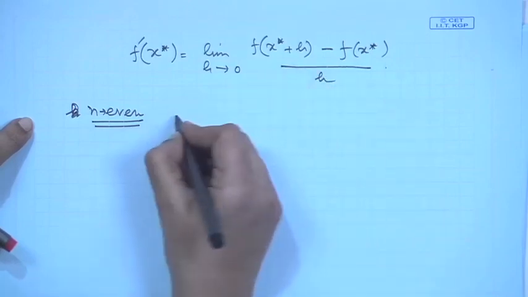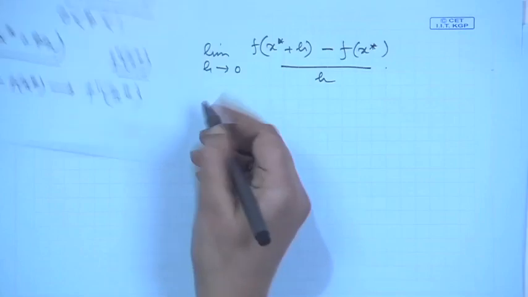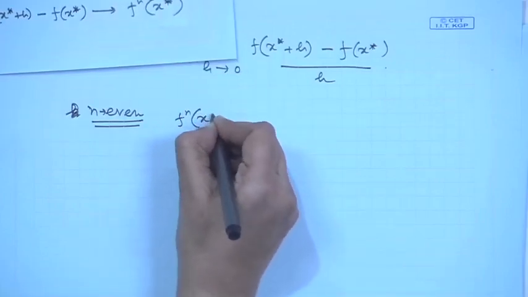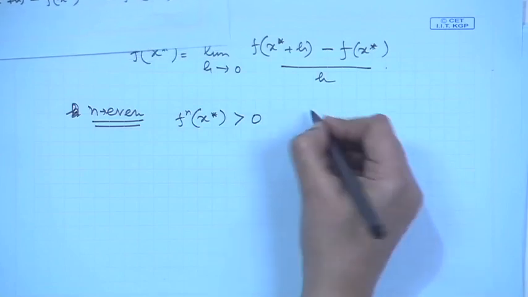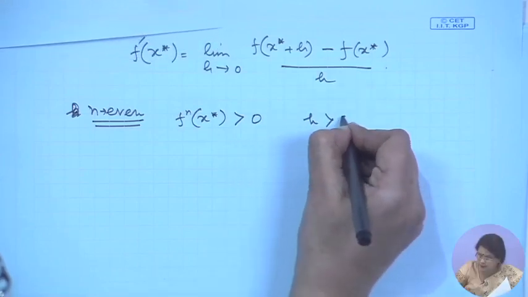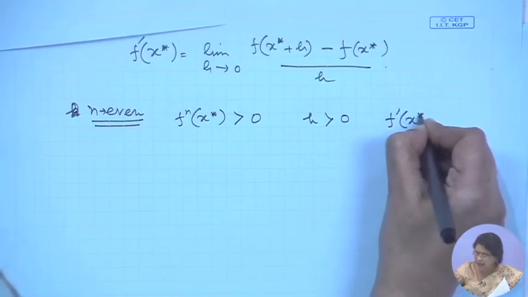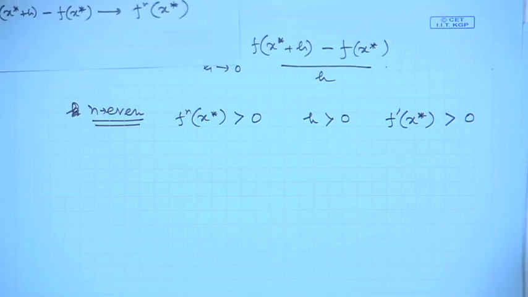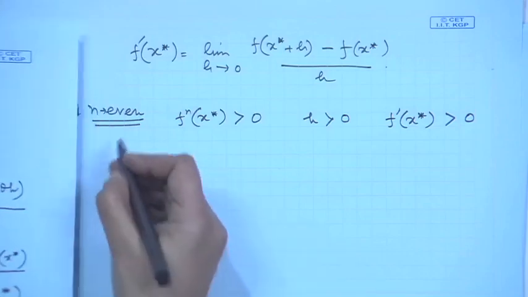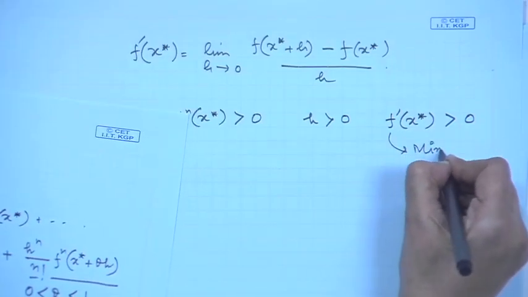What we are seeing is that n is even, then if f n x star is positive, okay, if h is positive, then what we are getting is f n prime x star is positive. All right. That means we are getting this fact that if n is even, we are getting a minimum of the function,